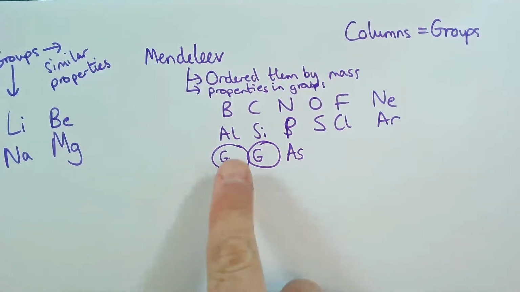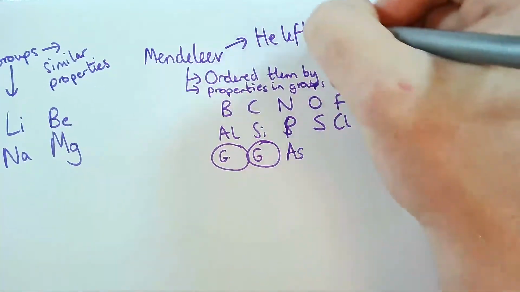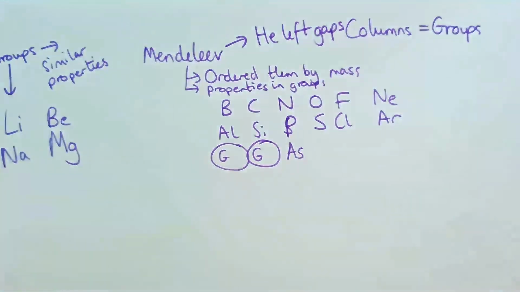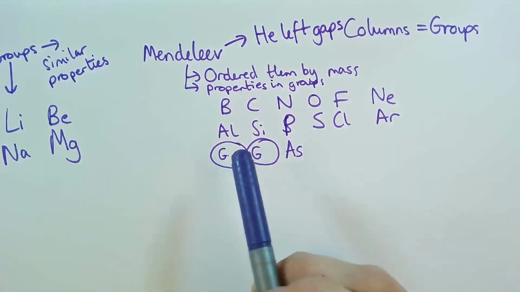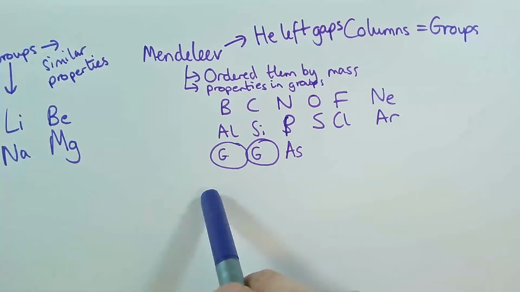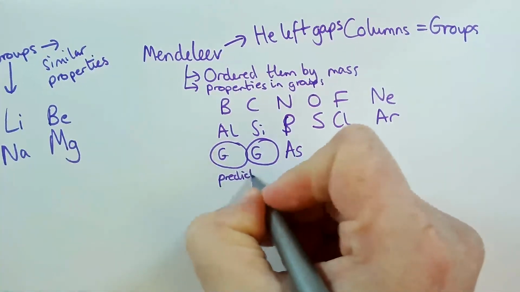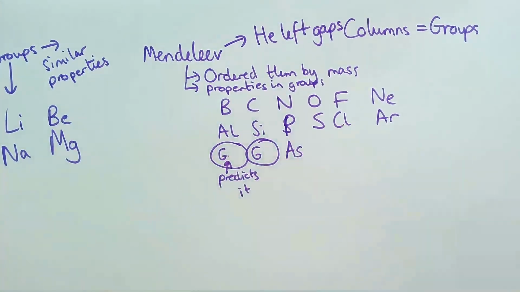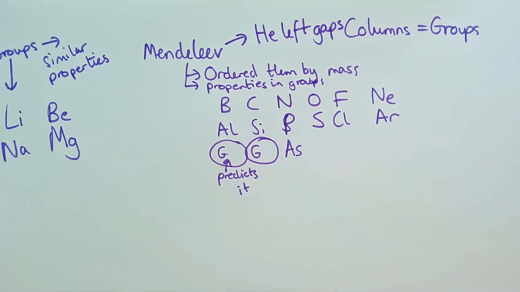this doesn't fit here. So what he does is he leaves a gap. The actual brilliant thing he does is that he leaves a gap. And this is where he's really clever, he says, I'm missing something here. This doesn't fit this pattern. I think that we haven't got one. We don't know what it is, and I think it's going to be like this. And he predicts it. And then about 2 years later, they find something which matches his exact descriptions, and then everyone goes, "Yeah, fair play, mate. Top work. You're right." Okay.